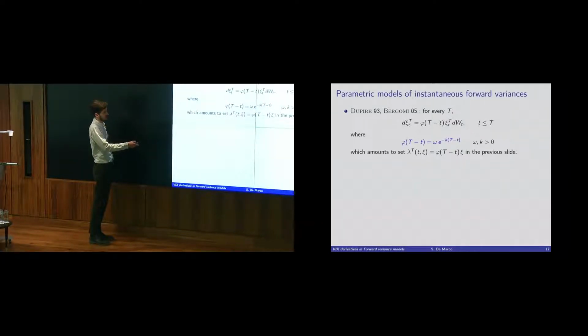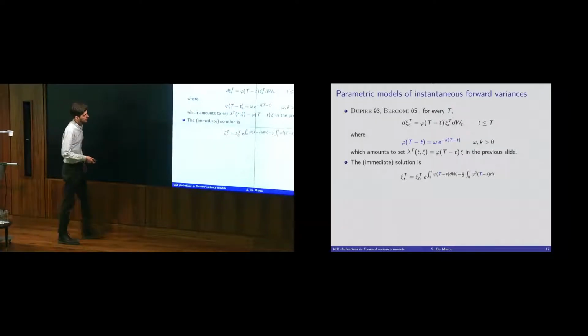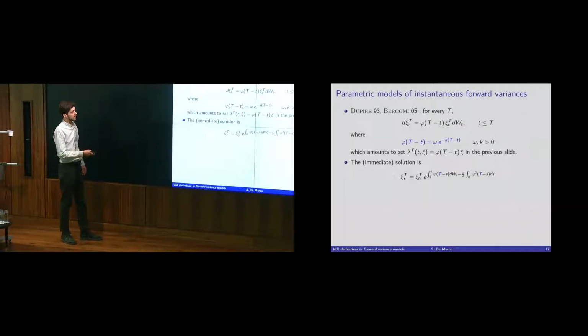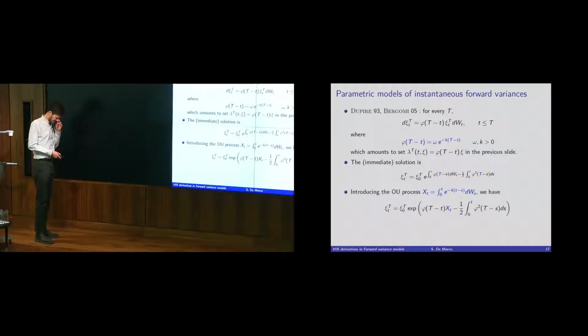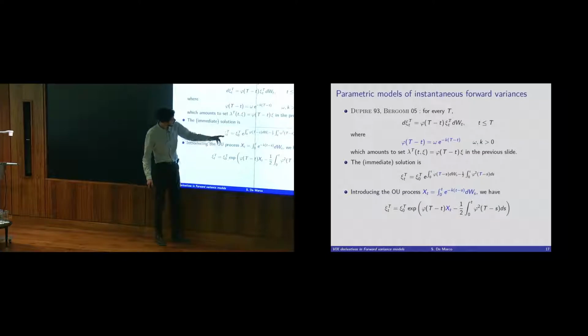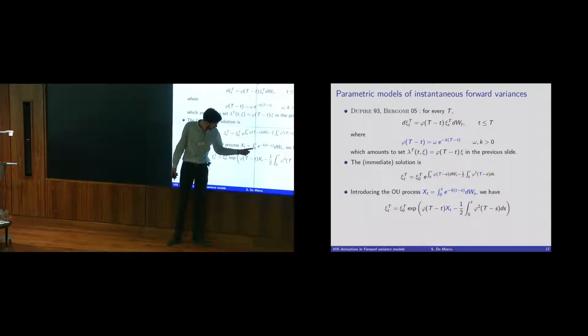which are exponential kernels containing possibly two parameters, one k and one omega here. Once I give this model, everything is very simple. There's an explicit solution, which is a log normal process with this variance. And the fundamental property, because of the very specific form of the choice of this kernel, is that each of these forward variances, this whole curve, when small t is fixed and capital T is varying, can be written as a function of one single Markov process, which is just an Ornstein-Uhlenbeck process. Just remark that we have a semi-group property for this phi,